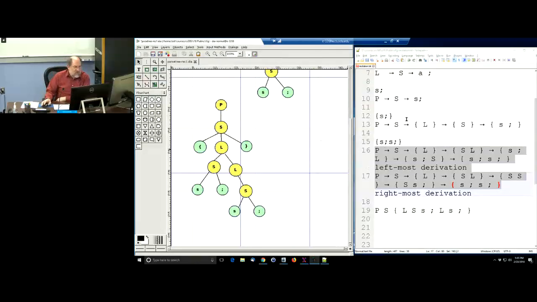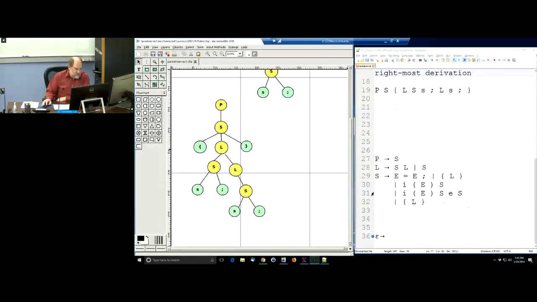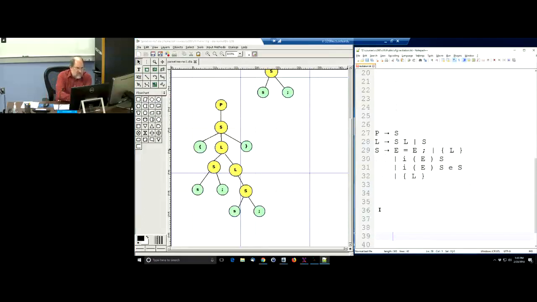Now, I want to talk about one other grammar as well. This is actually an extension of the one we just looked at. I'm not going to have a whole lot of time to do much with it. But here I've got a grammar where I've basically changed what I can do with the S's. I can take S to